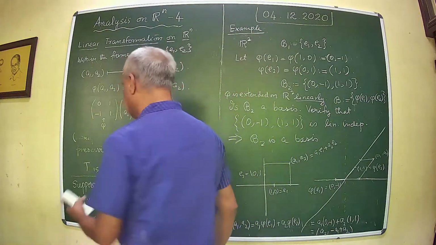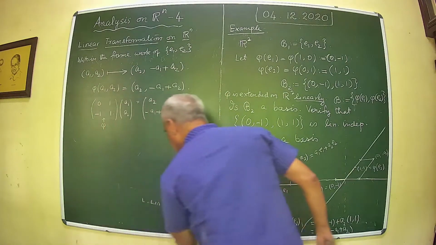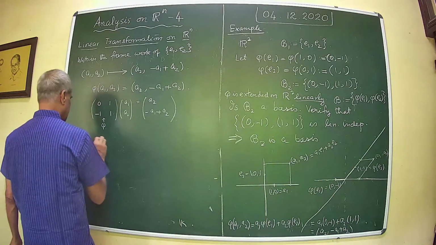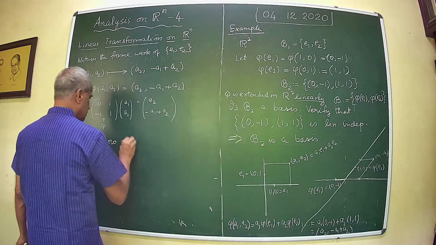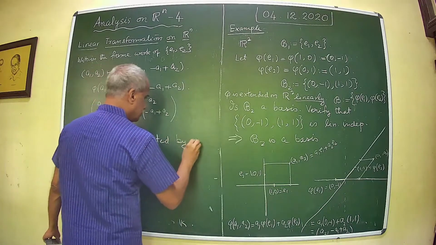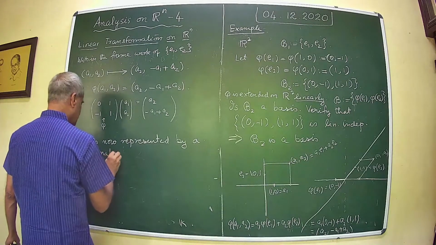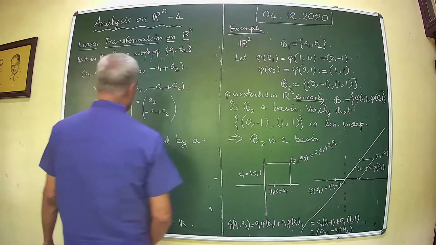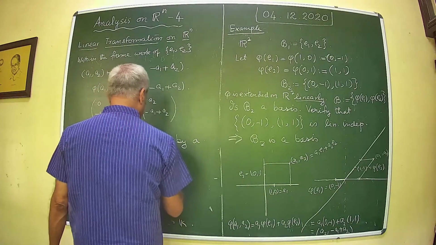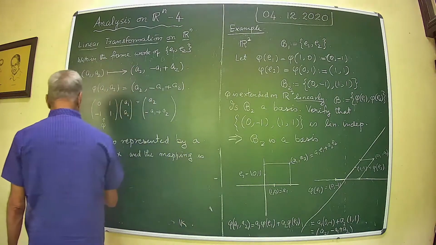So phi is now represented by a matrix and the operation is represented by